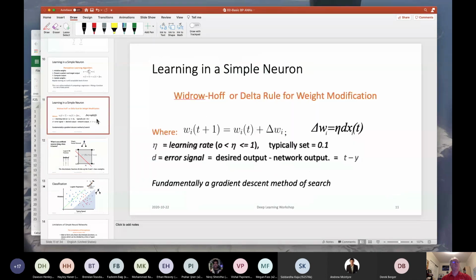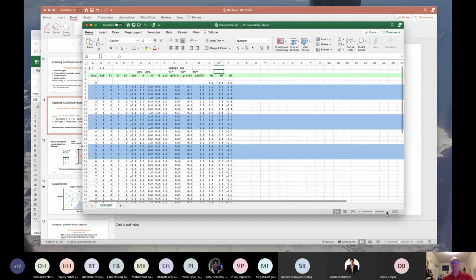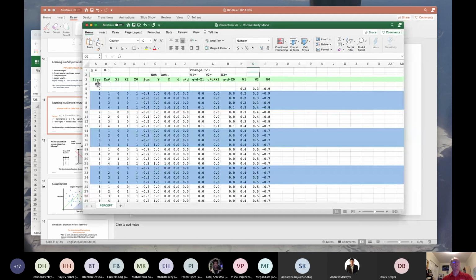So what is an artificial neural network doing? Maybe just before I move on here, in the material that was sent to you, you will see that there is a perceptron XLS file, and that actually walks you through trying this equation.